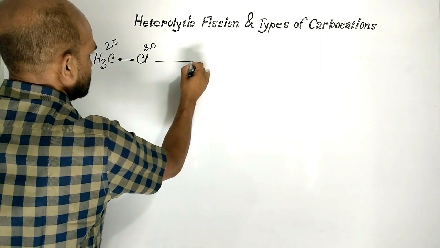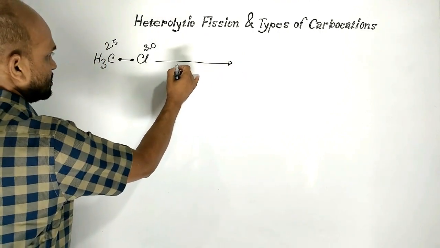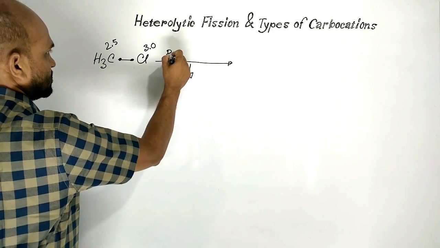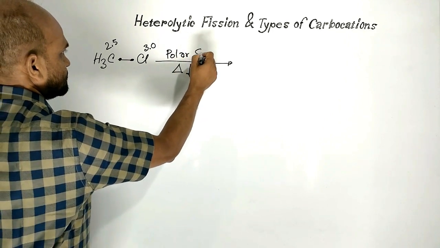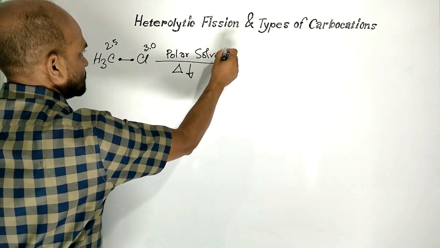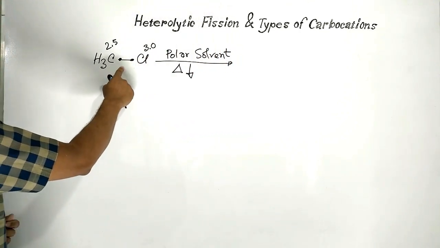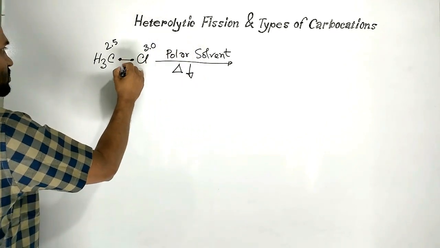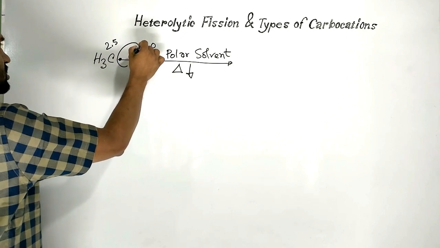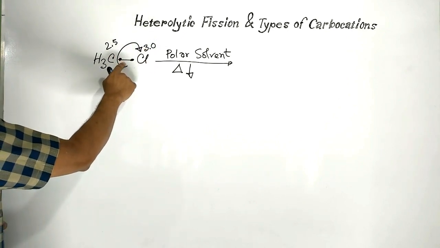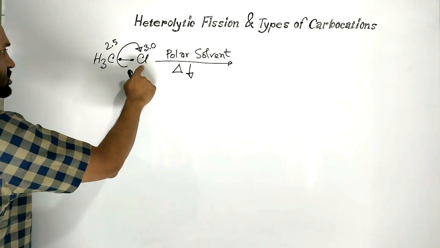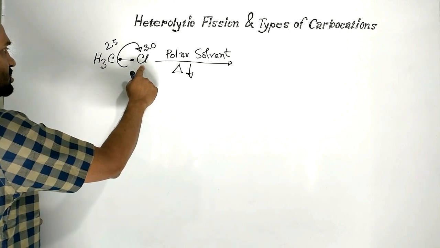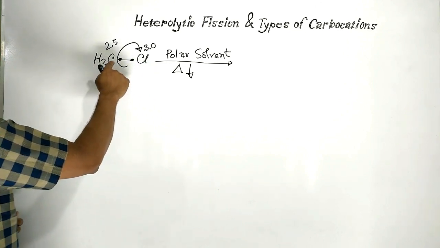When this compound is heated at low temperature in presence of polar solvent, then this carbon-chlorine bond breaks in this way. That is, 2 electrons of this bond move towards this chlorine, which is higher electronegative element than carbon, and this